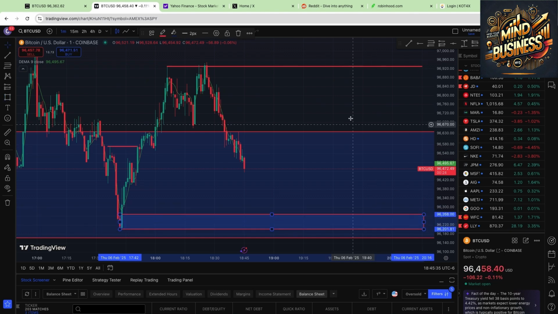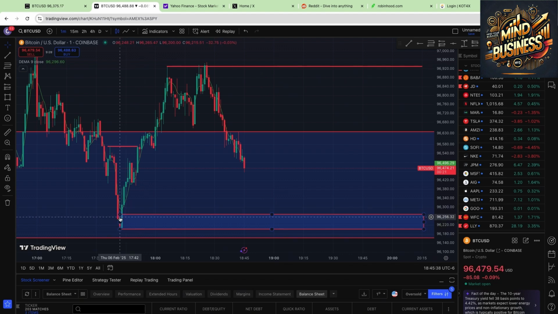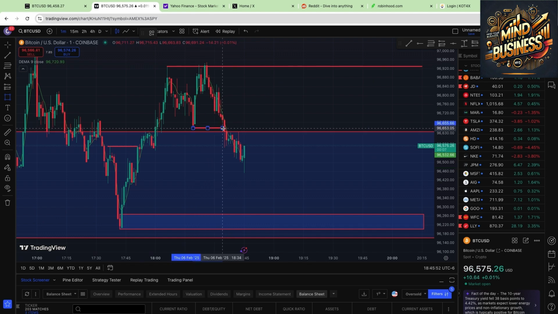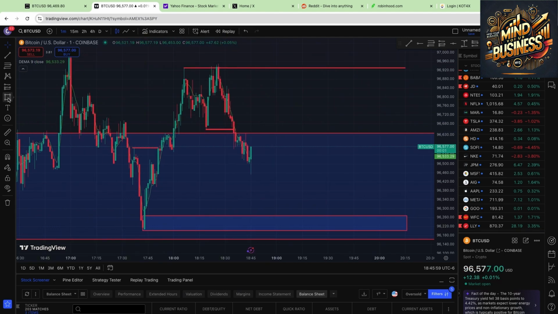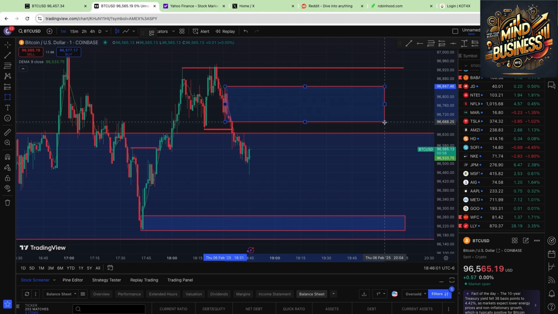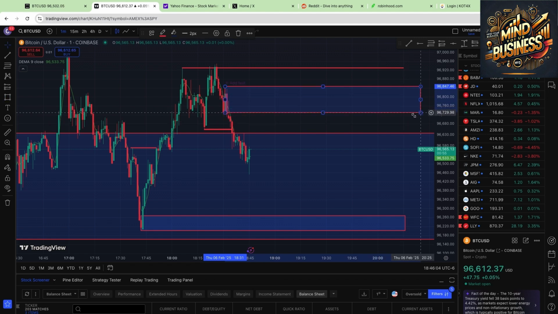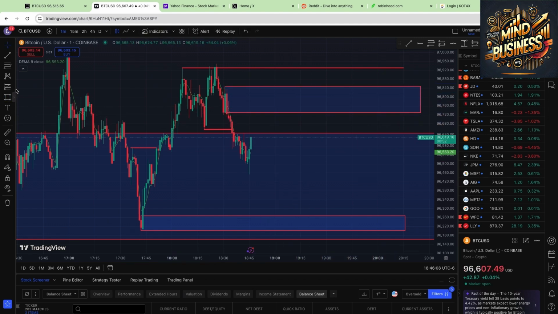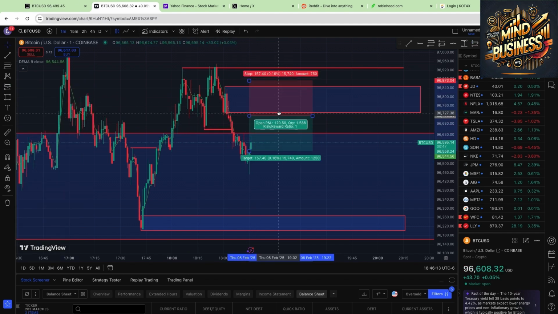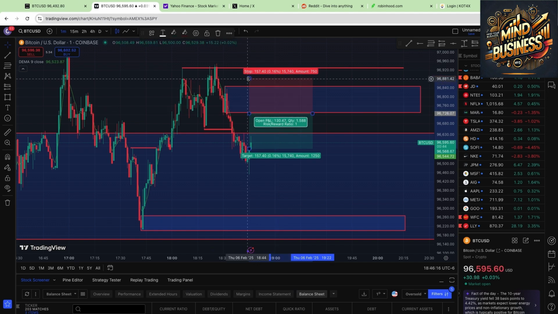Just like that, guys. As you guys can see, price on the uptrend, price went up, formed a higher high, came back, formed a higher high, came back, formed a higher high. Now it's on a lower low. So now, as you guys can see, a breakout of structure took place right there, right? So now what you guys would want to do is wait for price to come back to this area right here where the breakout of structure happened, and look for your trade right here. So when price does eventually come to this level, as it's doing right now, we want to get our short position, and put our stop loss above this candlestick right there,